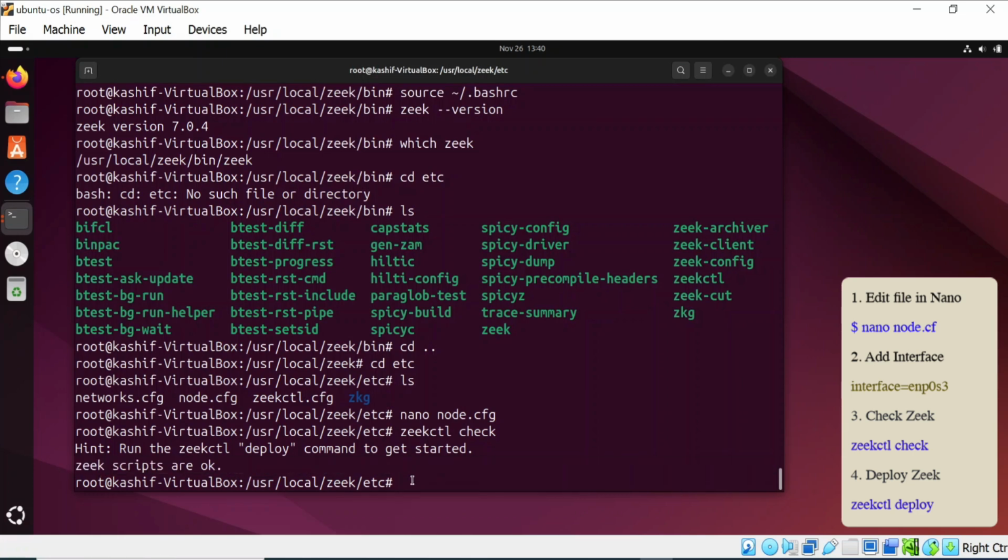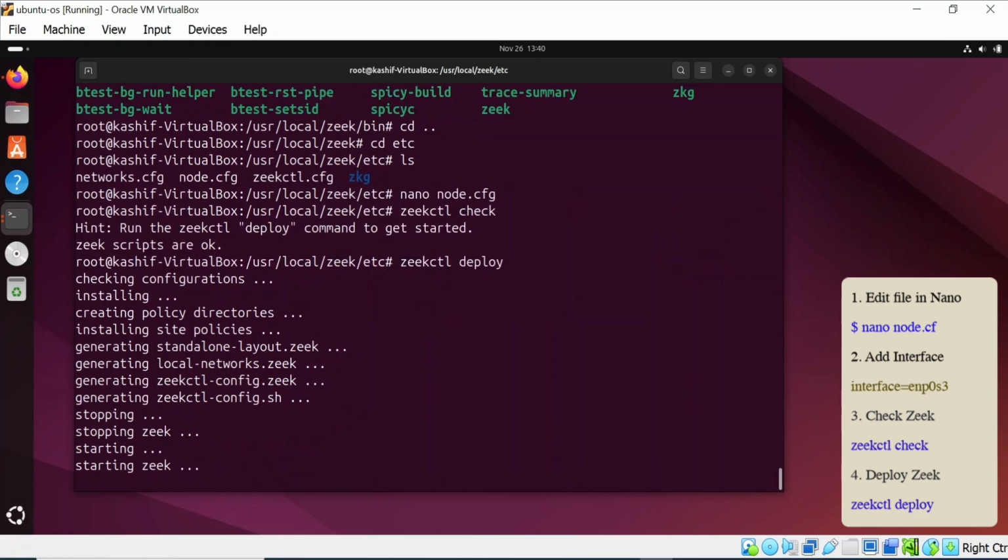Check the zeekctl script status and then deploy Zeek.